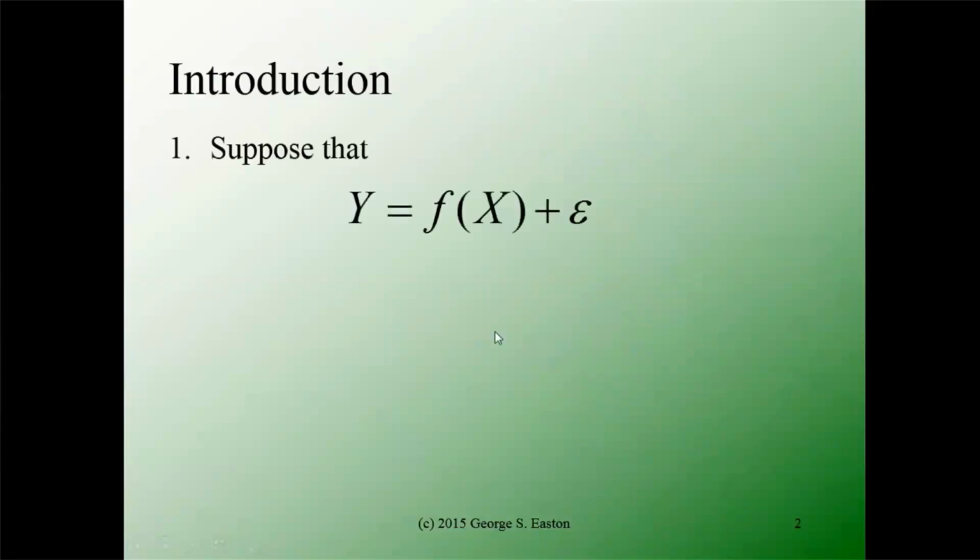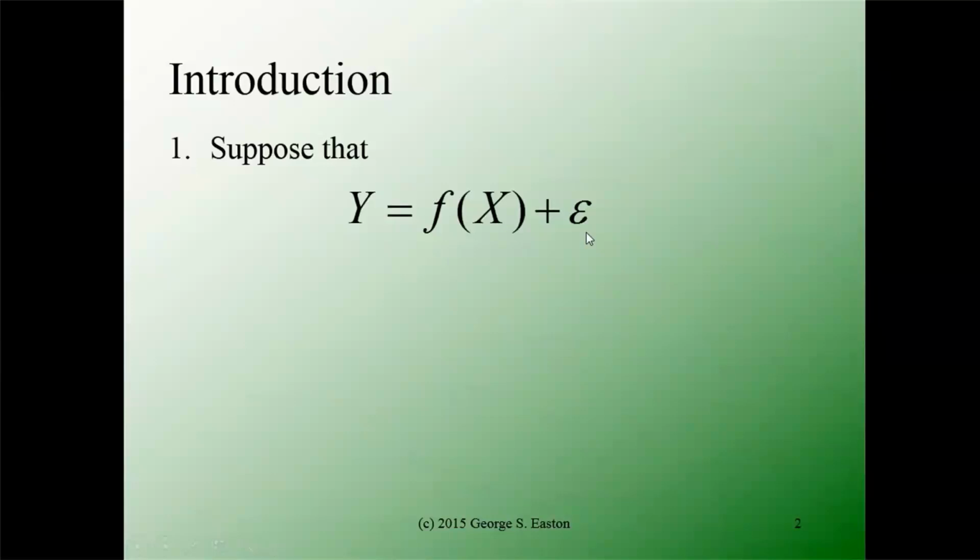So as an introduction, the situation we are considering is as follows. Suppose we have a set of data consisting of a dependent y variable and a set of x variables, just as you would have in a regular linear regression. But in this case, we're imagining that our dependent y variable could be some nonlinear function f of the set of x variables plus an error term epsilon, which plays the same role as the error term in a regular